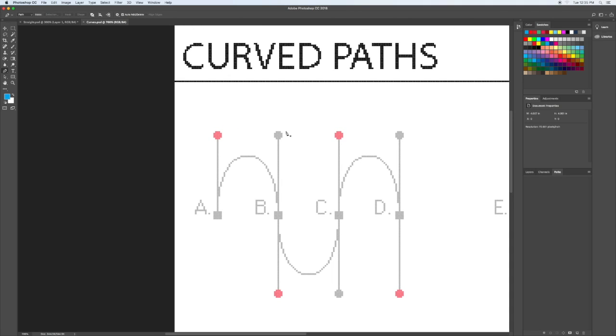So here's the curved paths. P for the pen tool. Just click on the letter A, drag the handles, they come out equal distance either side. Shift key and put the handle right on the red dot. What that does is it sets the curve ahead of time,